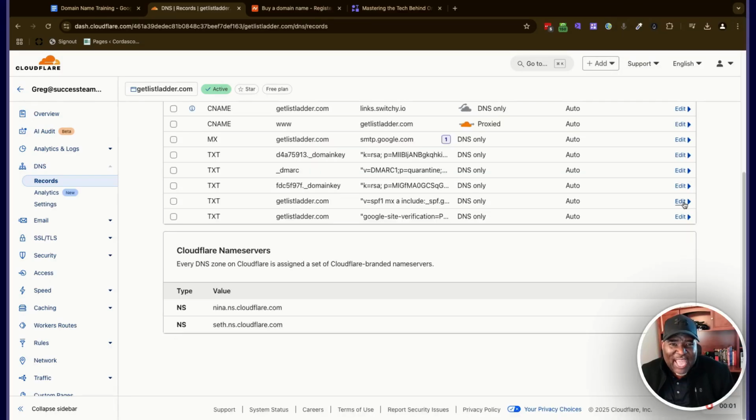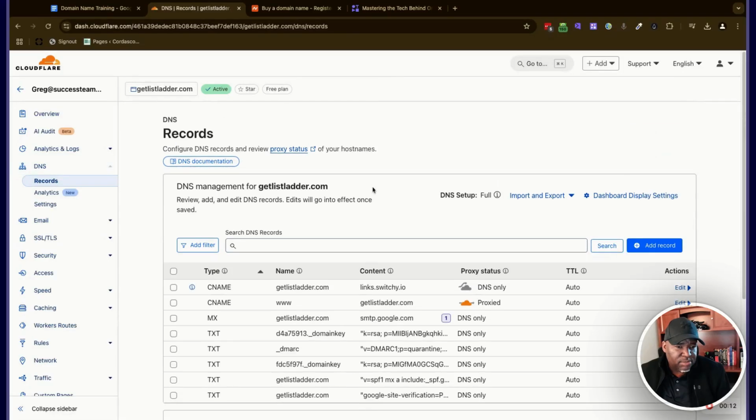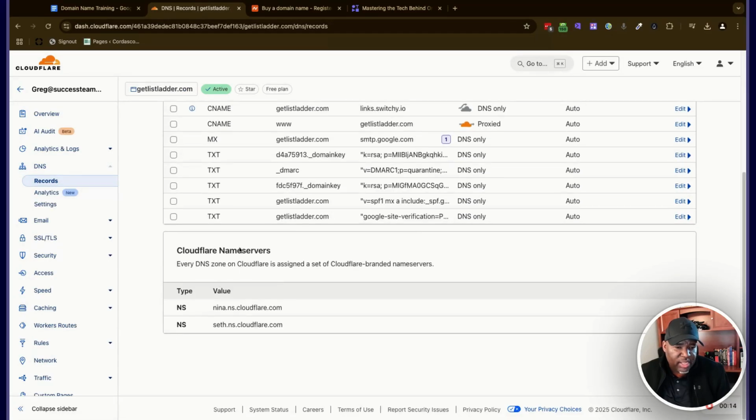All right, so now that we've added our domain to Cloudflare, we need to make sure the next step is to update our domain registrar with the new name servers. So from that DNS tab, from your domain, at the very bottom, it will give you the name servers, right? And it will give you two, just like the video suggested, that you have one for fail. If one fails, you have the backup, right? So we'll give you the two name servers that you're going to go replace inside of your registrar.